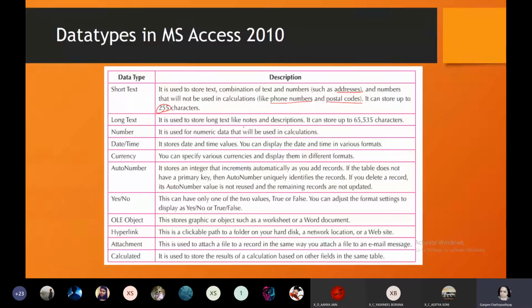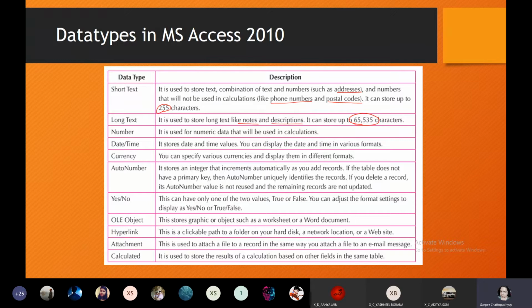The second one is long text, which can store up to 65,535 characters, and it is used for storing text like notes and descriptions, usually like product description, employee profile, or directions to reach someone's house.